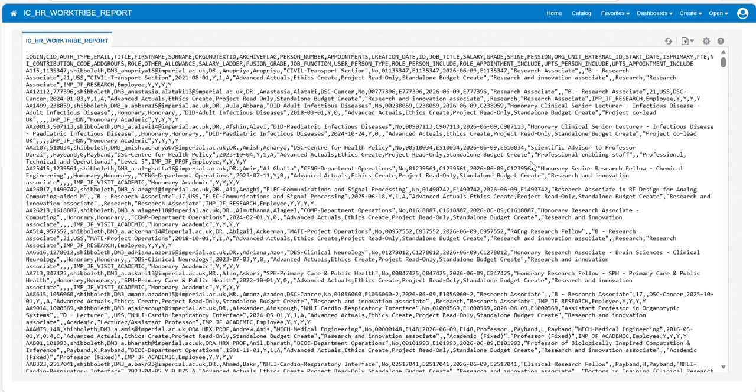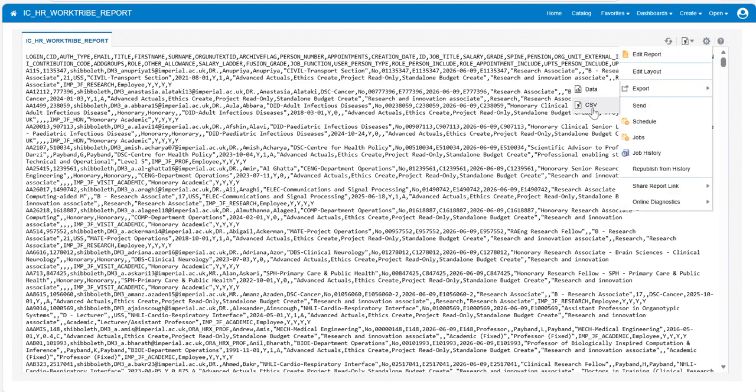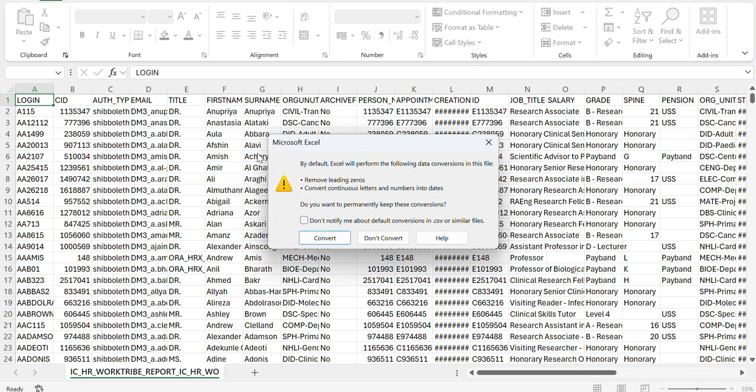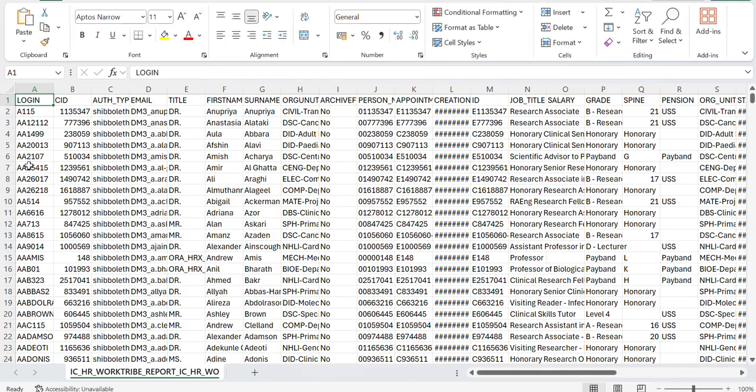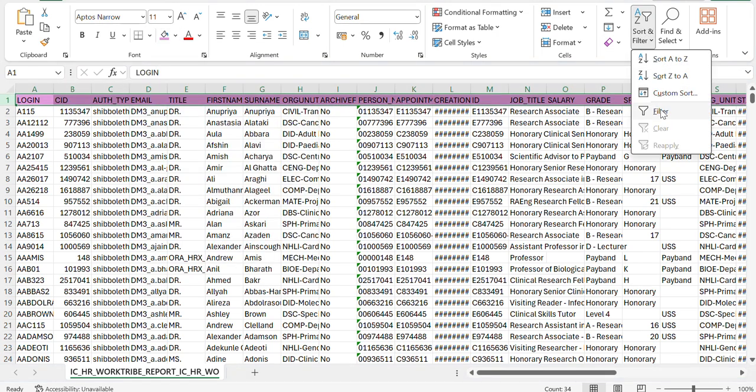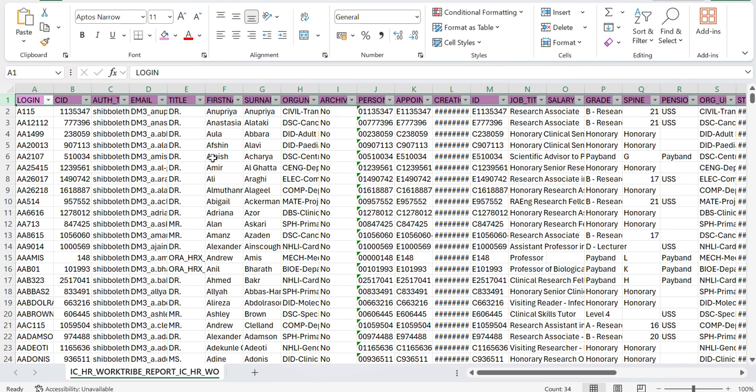And now I've got an output. Let's click on the POG and export to CSV format. So again, let that run, or download it into a CSV file, and then we'll open it. Let's take that line, give it a unique color in this moment, and look at the filters. Okay, now